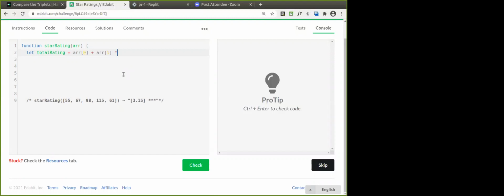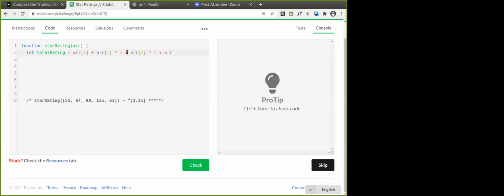So that indicates that you are going to access this element 67. You are going to multiply that by how much? 2, isn't it? This is rating 2. So there are how many 2 rating? 67. So into 2, isn't it? So that way next one is what? Plus array of what? 2. That is rating 3, isn't it?